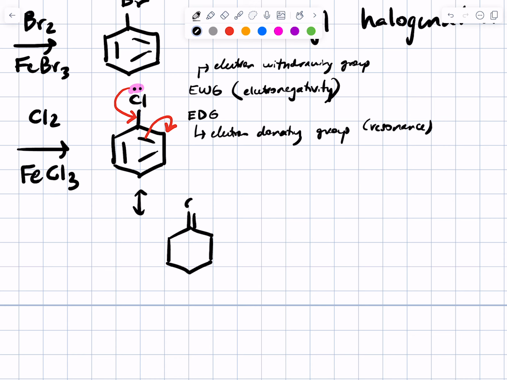This is one of the resonance structures that you can form from a halide donating electron density into the ring. I'm not going to draw all three resonance structures, but I encourage you to do that sometime today or tomorrow, and convince yourself that this lone pair can be on these other two pink atoms. So two different effects from a single substituent. And halides are kind of weird. We're going to see that there are,